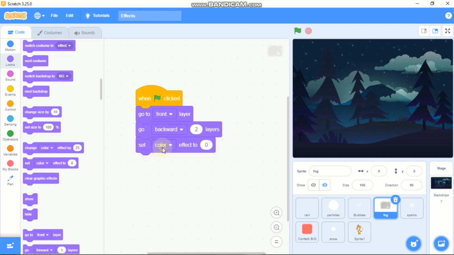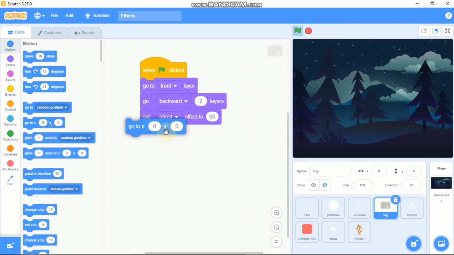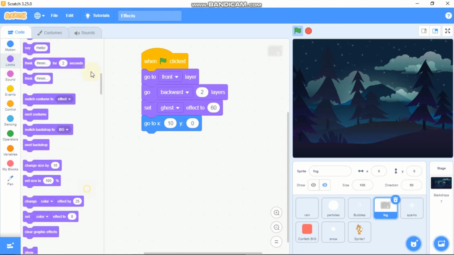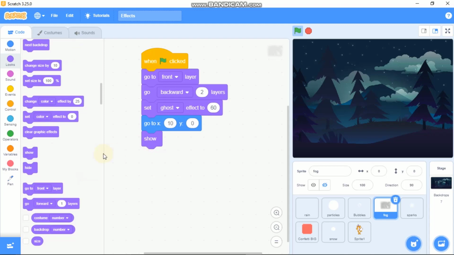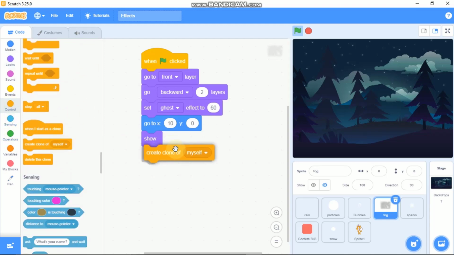And then we need to set our ghost effect to like 60. And I can see it's more decent, 60 is good. And we need to go to X 10 and Y 0, and then we need to show, and now we need to create clone of myself